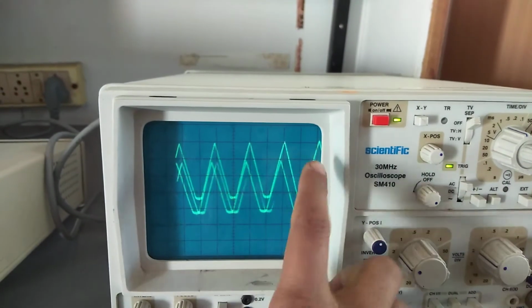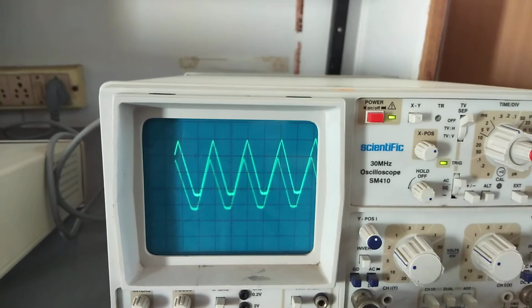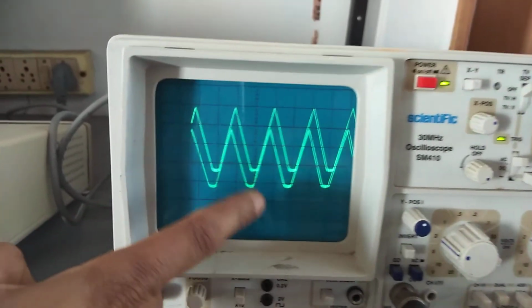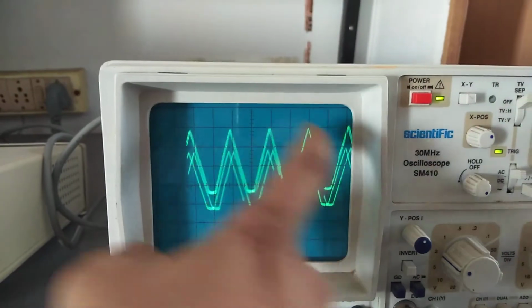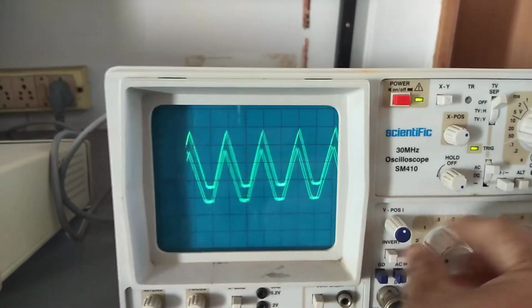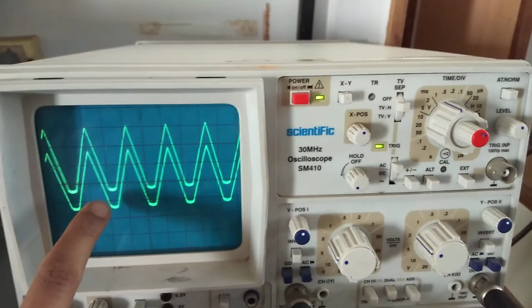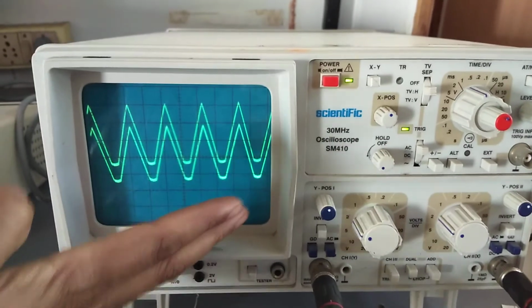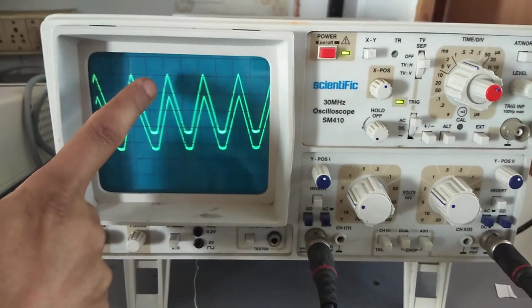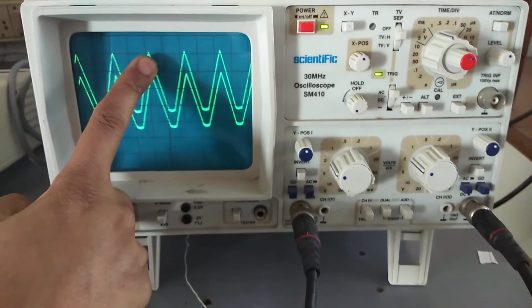This is the input. The input is common for both the positive clamper and the negative clamper. Observe here, the total negative half cycle is shifted to the positive side. That's why it's called a negative clamper. This is a negative peak clamper. Again, for these waveforms, you have to calculate the time period and amplitude.